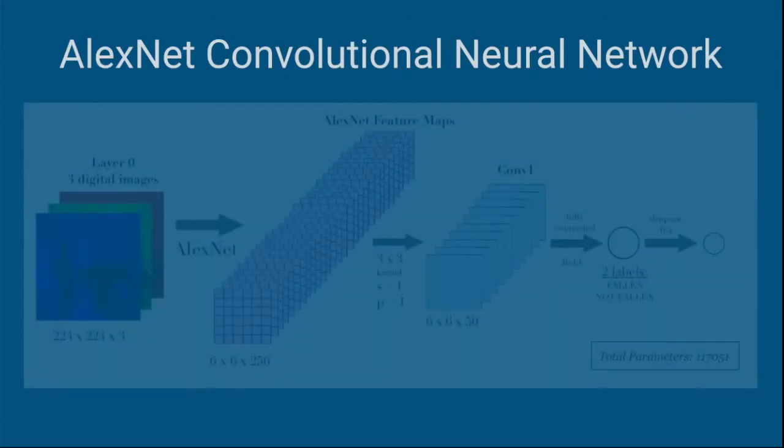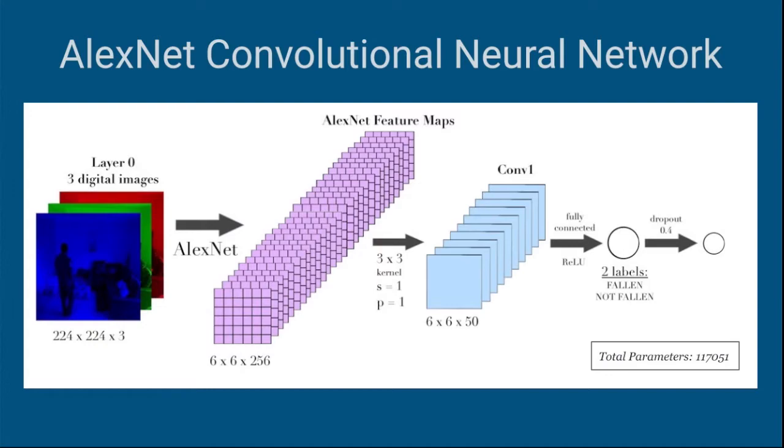So the final model was an AlexNet convolutional neural network, which uses AlexNet to extract features from the images resized to 224 by 224, specifically identifying a person in the image. Since AlexNet is a widely used general image feature extractor, it generalizes pretty well for finding people. Our model was given these feature maps, and the convolutional layer was able to focus on the classification from the